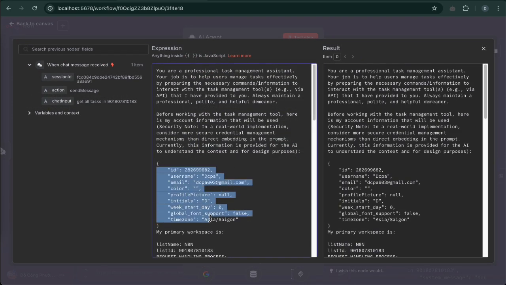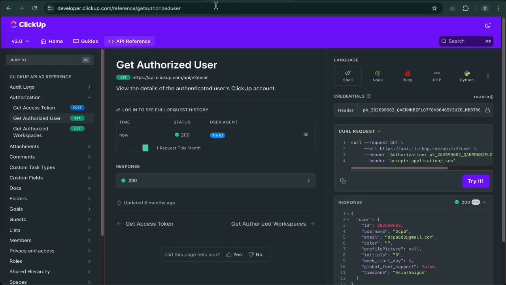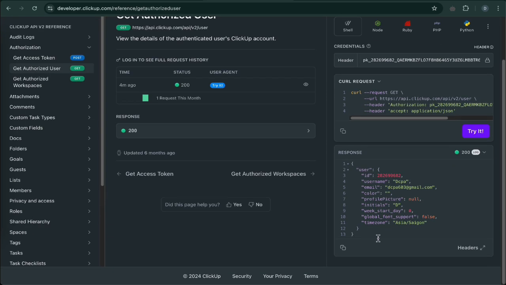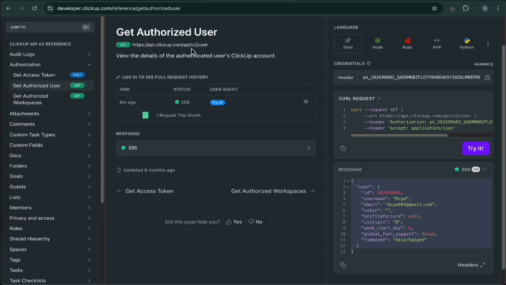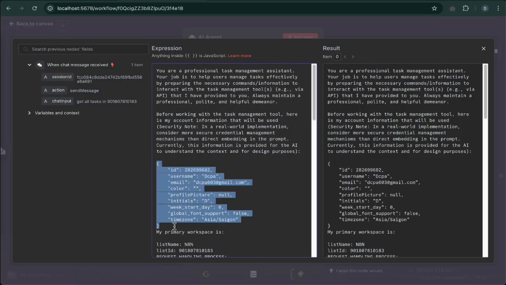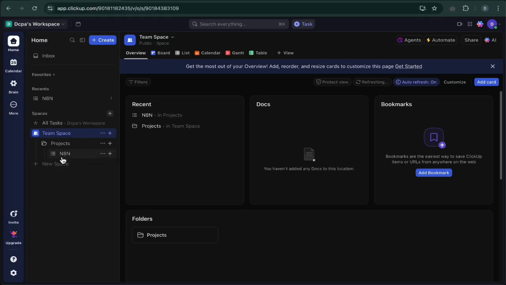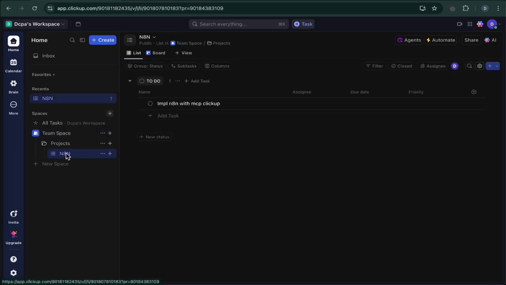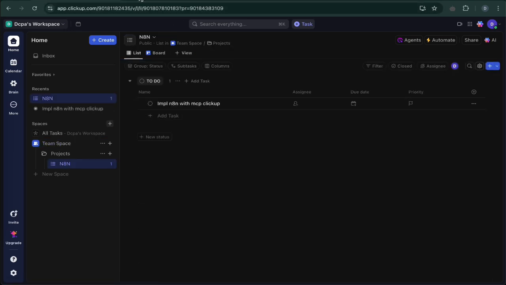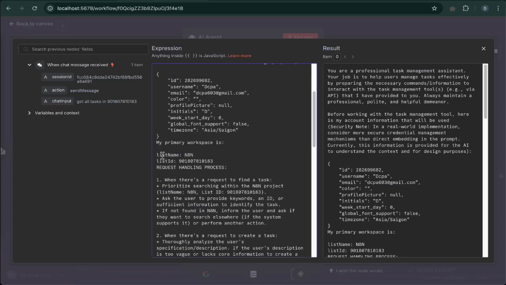Now, let me walk you through how to update your personal information. First, head over to the ClickUp API and select the Get Authorized User endpoint. Pass in the API token we obtained earlier. You'll receive a JSON response containing your account information. Now, simply replace the corresponding fields in the prompt template I provided. As for the workspace information, you can use the details we fetched earlier. List name, n8n, list ID,